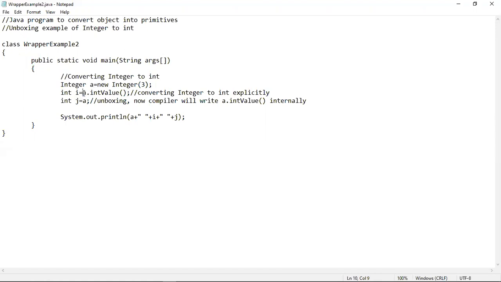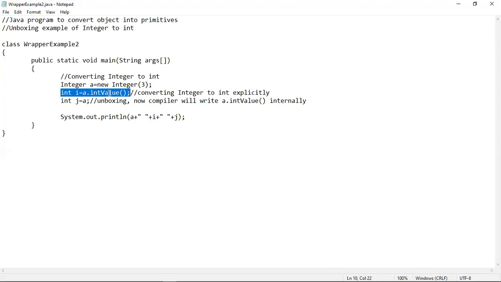After that, when we use this integer variable I to store it, the value gets stored into it. So this is how we can convert the Integer object into its original data type explicitly.